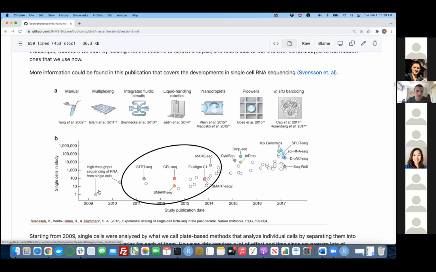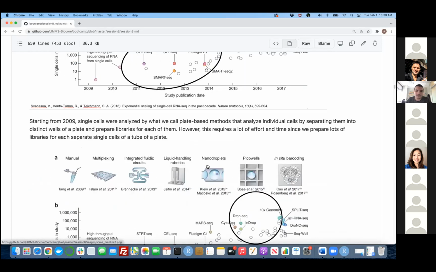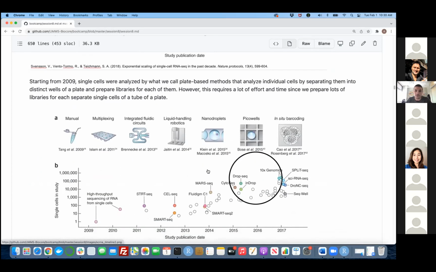Then some methods came out that made this isolation through separating into wells much speedier, using flux sorting and some other fluidic technologies, but it was never as efficient as what we use today,